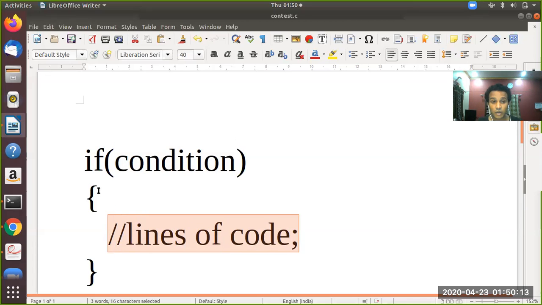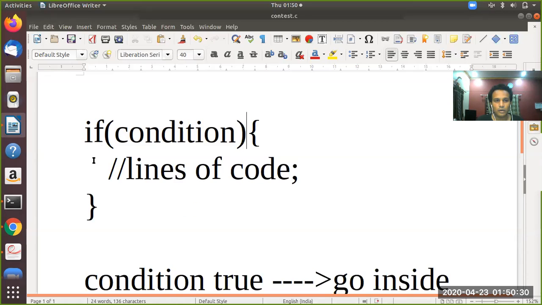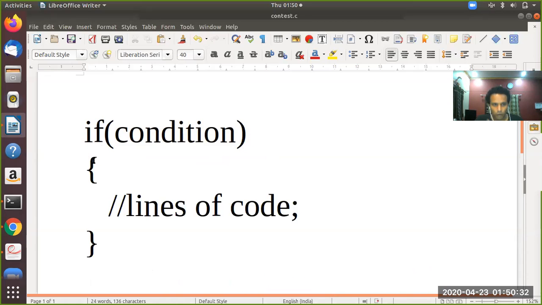We call this a block if you find an opening brace and a closing brace, and within that there are lines of code. What does a block contain? A block contains code. What is a block? A set of opening brace and closing brace. Is it called an if block? Yes, it is an if block, because this flower bracket and closing bracket are following an if statement.